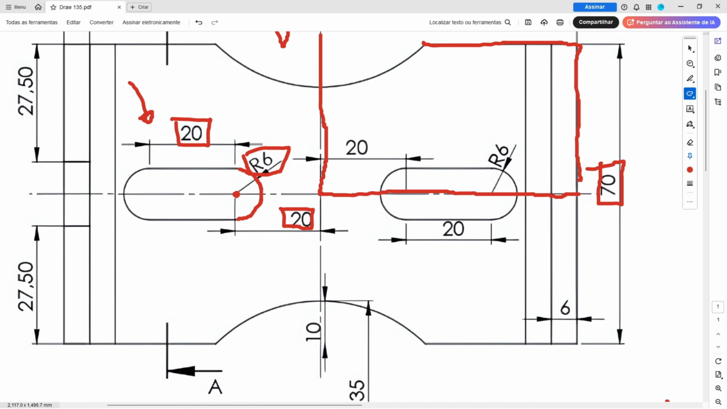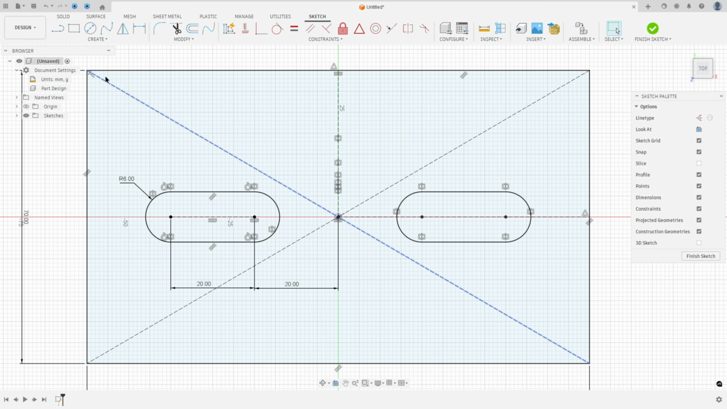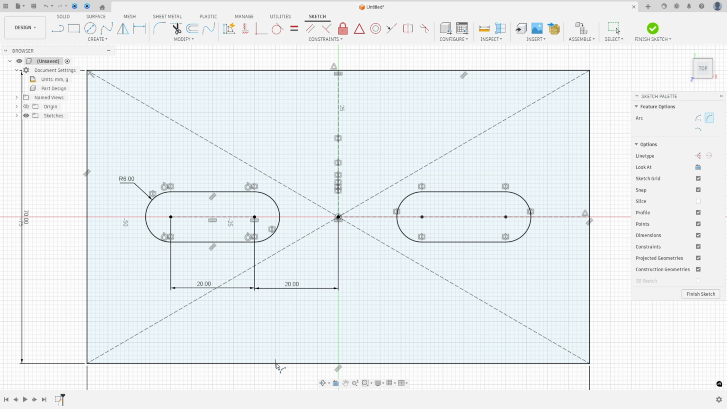And now we will create this arc. So here is the center of this arc, the radius 35 millimeters, and the distance between this point here, the tangent point here, and this line here is 10 millimeters. So go to create, select the arc, 3-point arc, make an arc here,